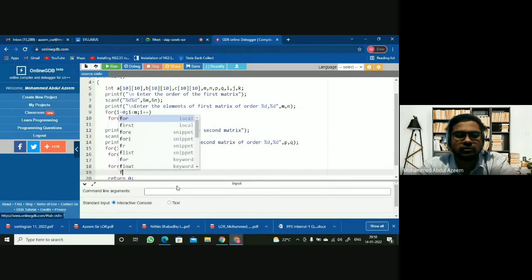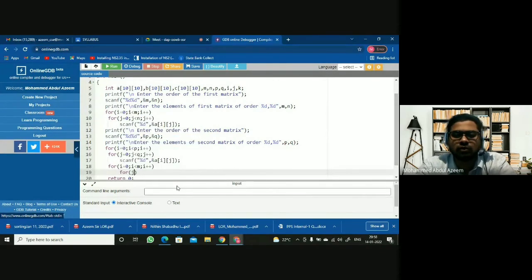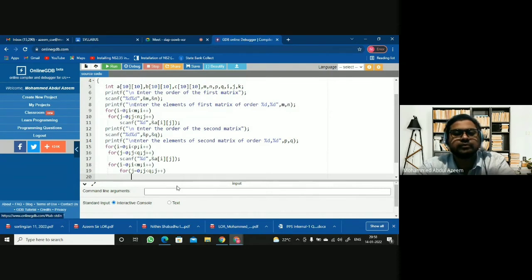Then for j equal to 0, j less than q, j plus plus, then for k equal to 0, k less than, you can say here n or p, both are equal anyway. So I am taking n, k plus plus.